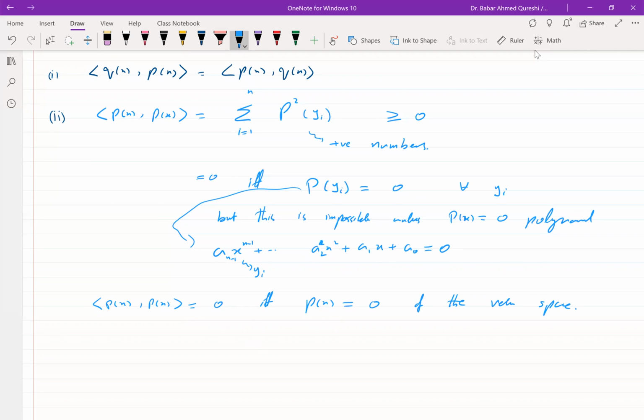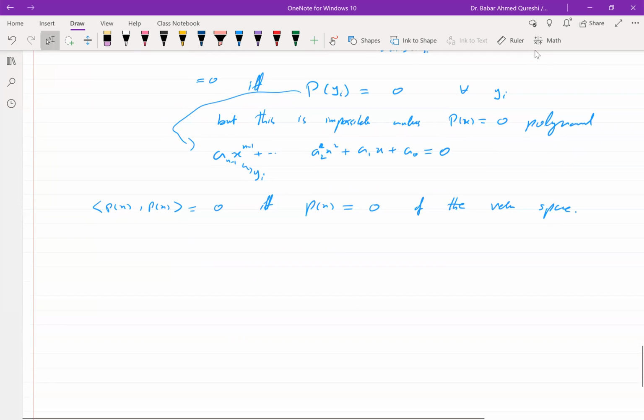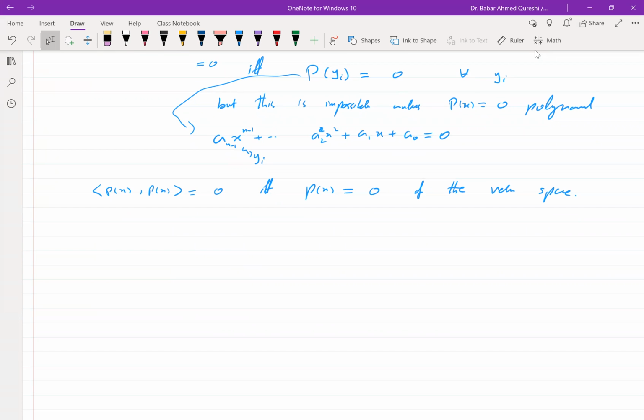Because the 0 polynomial is the 0 of this vector space. And the last property is also obvious, so you can prove it yourself. I'm not going to do it now. So this concept, let me just introduce a term. Since we have distilled all these properties, all these definitions which go into the definition of the scalar product from our geometrical vectors, we borrow our intuition,